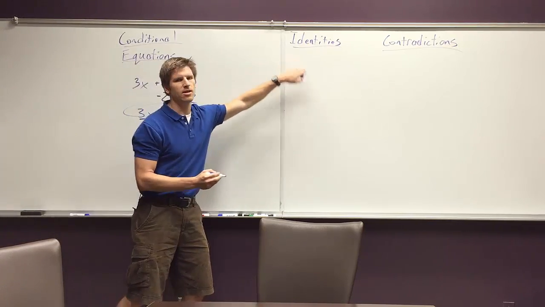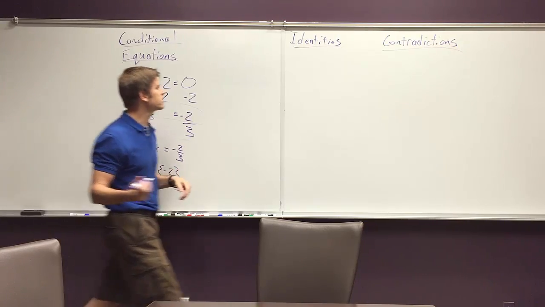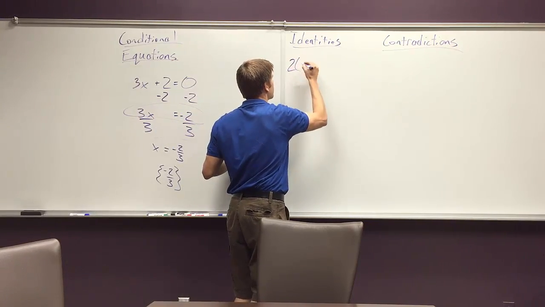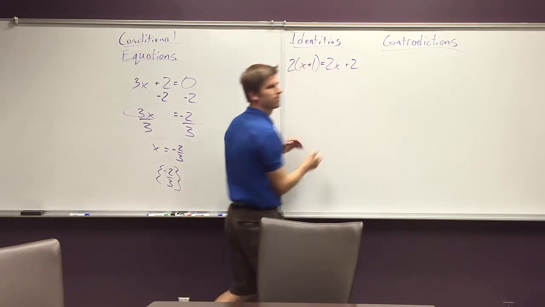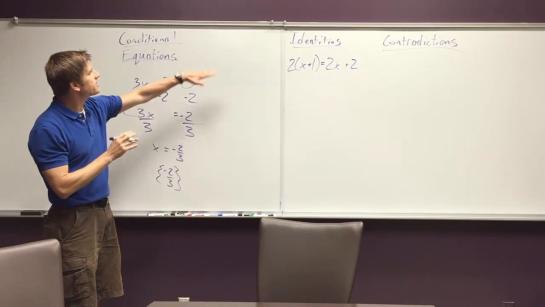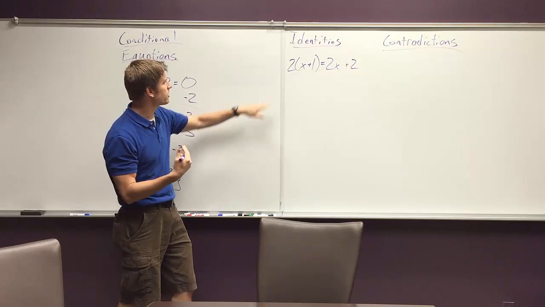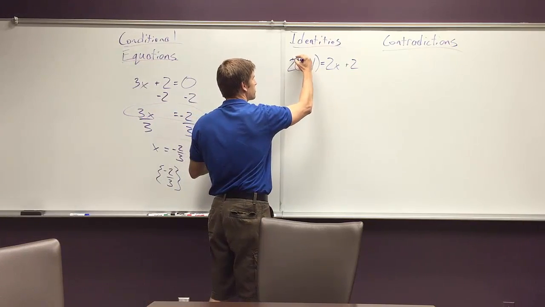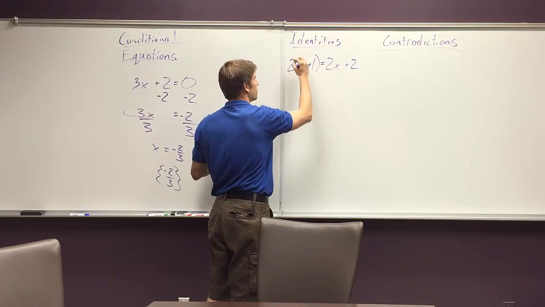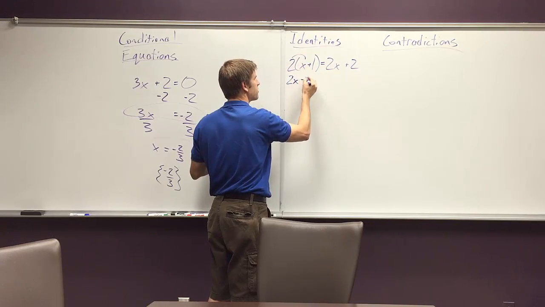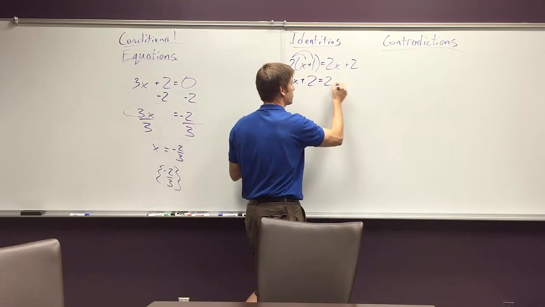Now an identity is going to always be true. So for instance, here might be a classic identity, 2 times the quantity x plus 1 equals 2x plus 2. Okay? So this is always true. If you're having trouble seeing that, you might practice distributivity. So notice 2 times the quantity x plus 1 is equal to 2x plus 2 times 1, 2 equals 2x